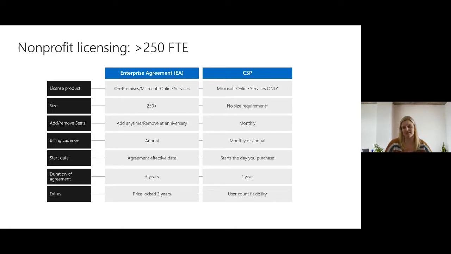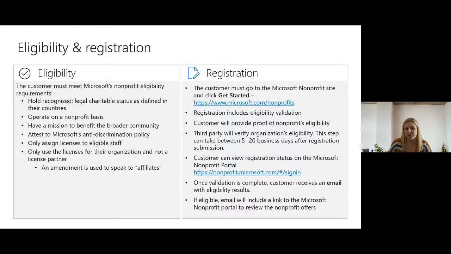through a true-up process. Now, the EA has gained some traction in the nonprofit sector because of that ability to lock in your pricing. It establishes a cost for all products, making budgeting very simplified. Having one date, one contract, one place to go get it all makes managing the Microsoft licensing easier for your IT staff as well. Now, I said that there was going to be some additional eligibility for Enterprise Agreement, so